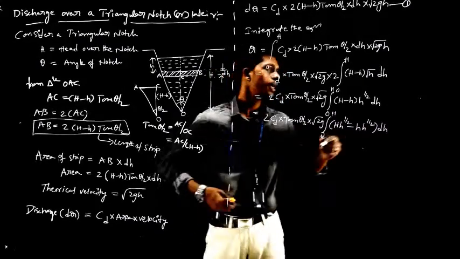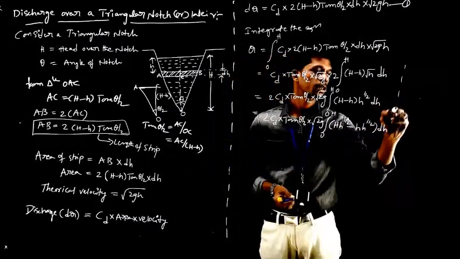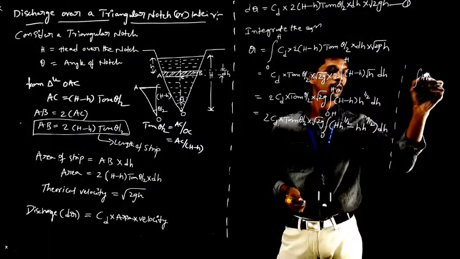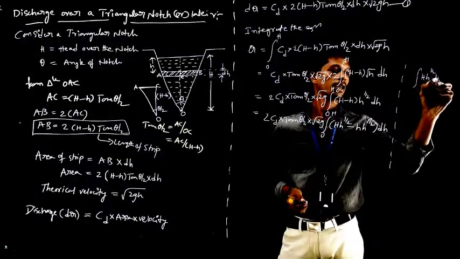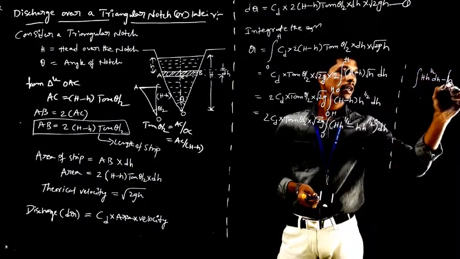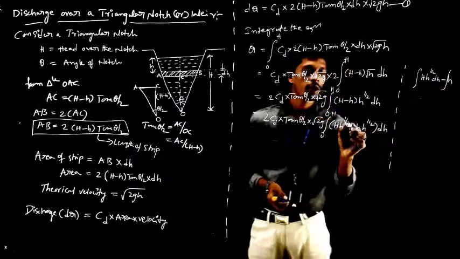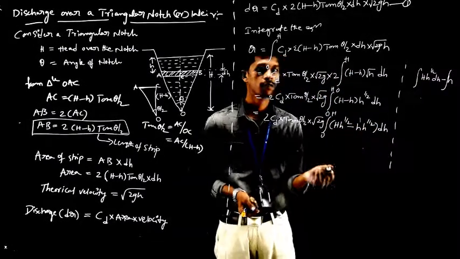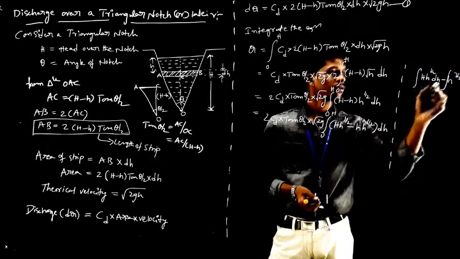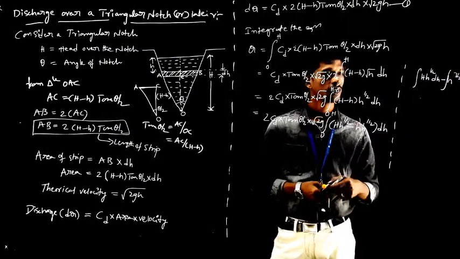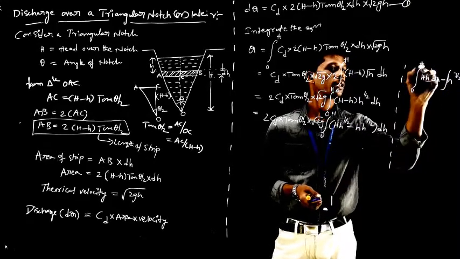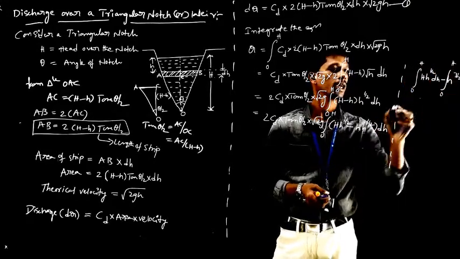So let us apply the integration for this at the side. Integral capital H into small h power 1 by 2 dh minus integral small h into small h power 1 by 2. Here you can see small h power 1 and 1 by 2. What will be the answer? h power 3 by 2, right? So 1 plus 1 by 2, so h power 3 by 2 multiplied by dh. Okay, limits are 0 to h and 0 to h.